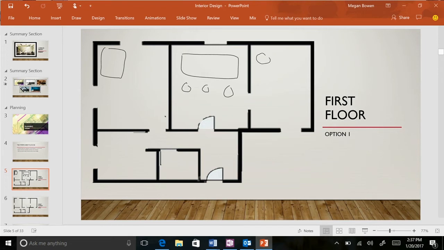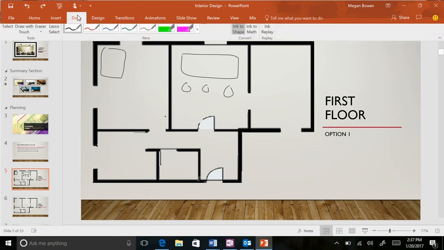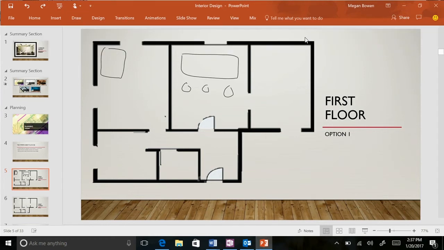So I'll do a circle here. You've got to actually complete it, so that's my fault there. But we'll select this Ink to Shape here, and you'll see that it closes it off and makes it a perfect rectangle. Then you can drag and drop it a little bit. What this really helps to do is, if you're on the go and still trying to make an impact and impress whoever you're talking to, and you don't want terrible circles and squares and rectangles like that, you want something more concrete, you can do things like that.